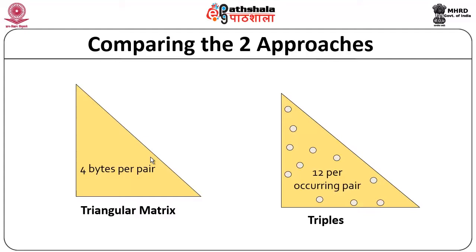Now the index 1 comma 2 is going to indicate an item pair 1 and 2. The reverse of it is 2 comma 1, which is also once again going to represent the same item pair. So in the matrix, it is enough if I can deal with one half of the given matrix. So I may end up with a triangular matrix, and in this matrix every cell will be associated with 4 bytes. But if it is going to be a triple, I may not know how many such triples may be